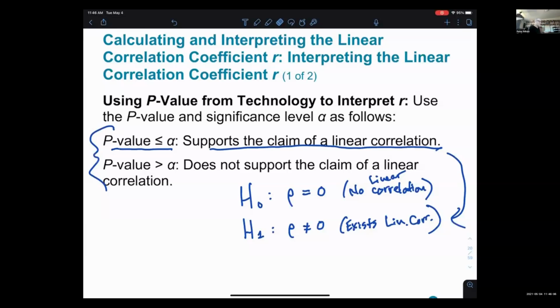So that's why these are framed the way they are, but think of it in terms of the rho value. And then remember that when rho equals 0, that's no linear correlation. When rho is far away from 0, closer to 1 or -1, that's when there exists a linear correlation. And so when the p is low, linear correlation exists in this case. It supports the claim of linear correlation. If the p is low, the null must go, no correlation must go, so correlation exists. I know that's a little confusing. All right, so having said that,